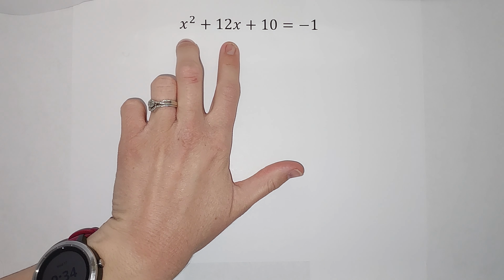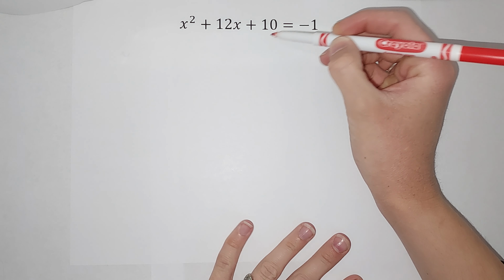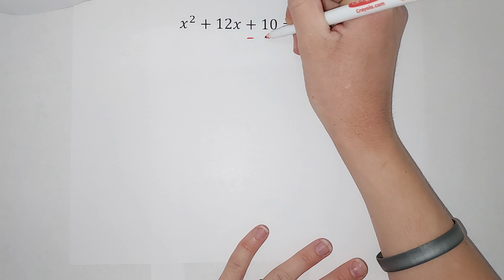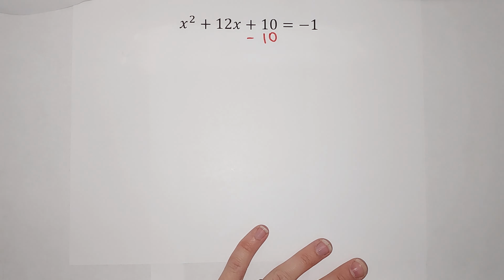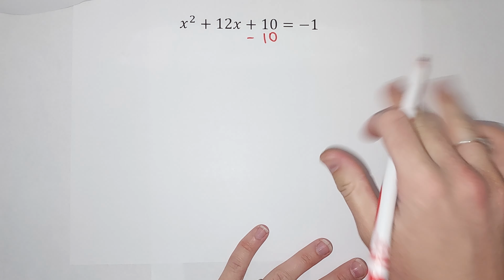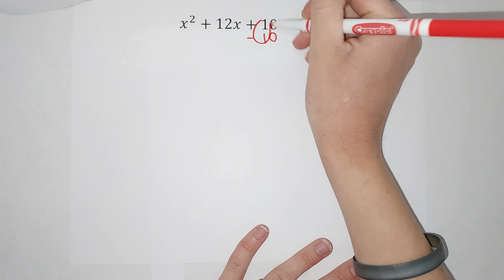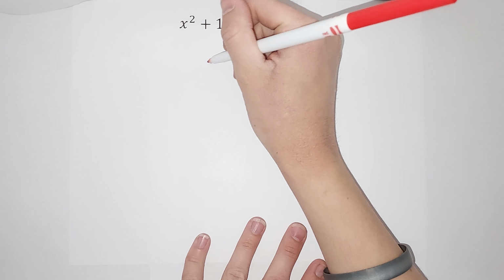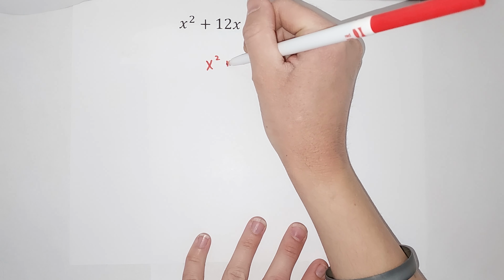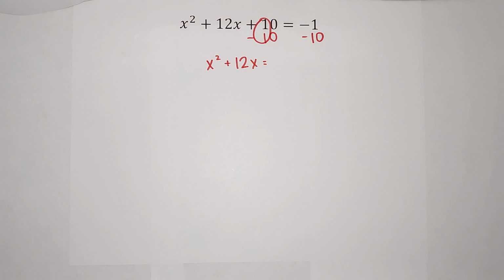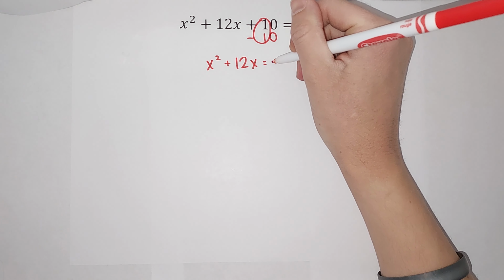We want these guys alone, which basically just means I need to get rid of this plus 10. So I'm going to subtract 10 from this side because then it goes away. But if I subtract from that side, I got to subtract from this side as well, right? To keep my equation balanced. So those go away. On this side, I'm left with x squared plus 12x equals -1 minus 10 gives me